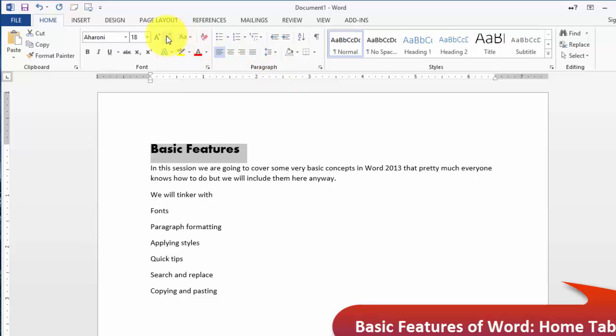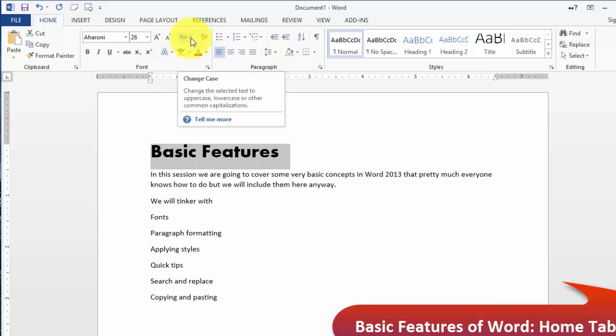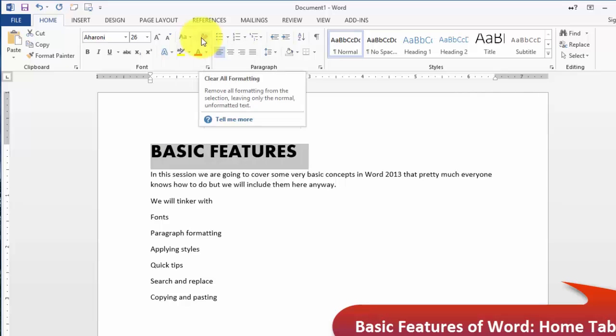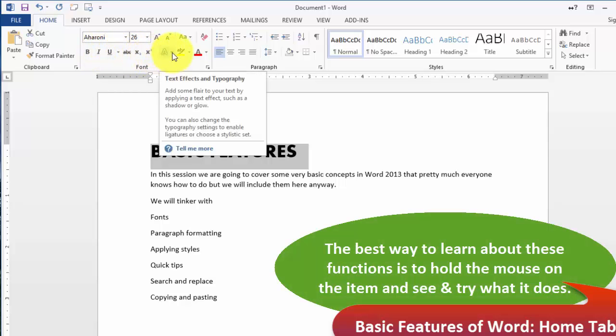But one of the things to keep in mind is that you can utilize this large capital A here with the upper arrow and the lower arrow. This increases and decreases the font. The other thing is that you can change the case for the whole section here. You can make it uppercase or lowercase and so on. You can remove all the formatting if you'd like as well. And of course, bold, italics, and underline and all that type of stuff, it's here, and you don't need me